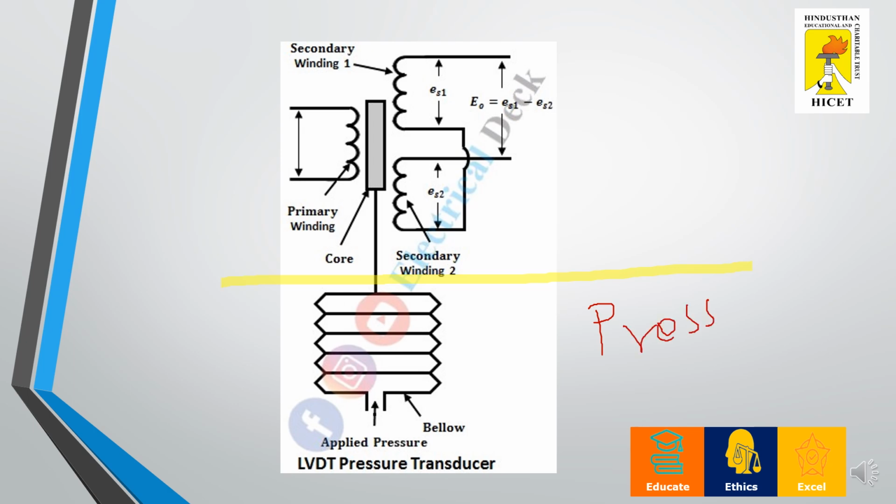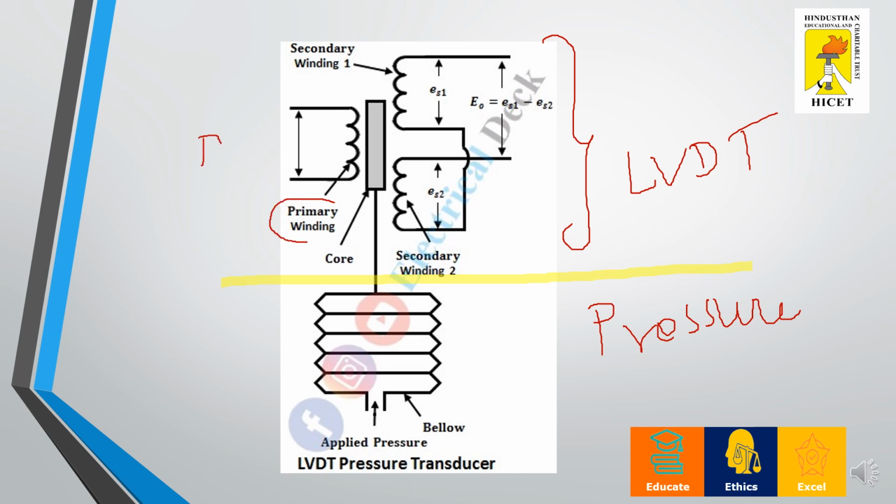This is the bottom, and at the top we have a complete setup, and this setup is nothing but the LVDT. Now this pressure sensing element is being connected to the part of the LVDT. You can recollect the construction part. We have the primary winding, and it is obviously connected with the AC power supply,